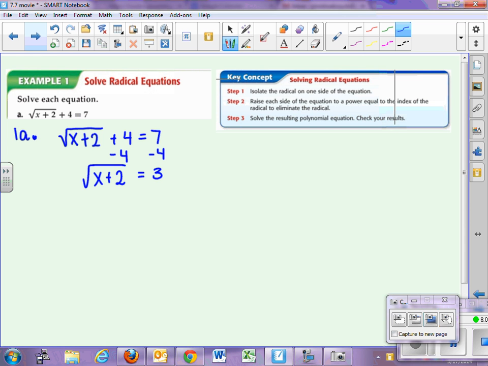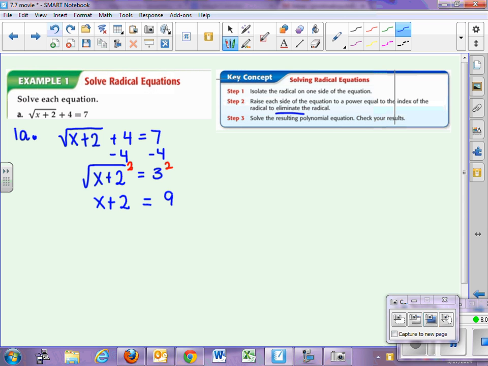Now it equals 3. Now we're going to raise each side of the equation to a power equal to the index of the radical to eliminate the radical. What does that mean? Since this is implied to be a 2, I'm going to raise both sides to the second power. If it was the cube root, in order to get rid of the cube root, I would cube both sides, et cetera. Since this is just the square root, I can square both sides, and that will eliminate the radical. So I get x plus 2 equals 9. Then I go ahead and